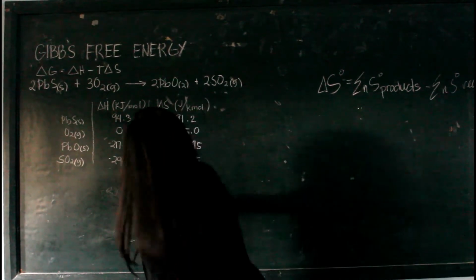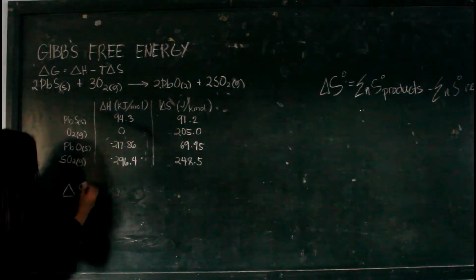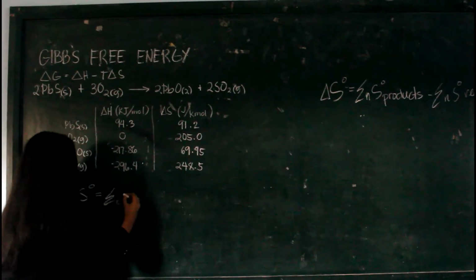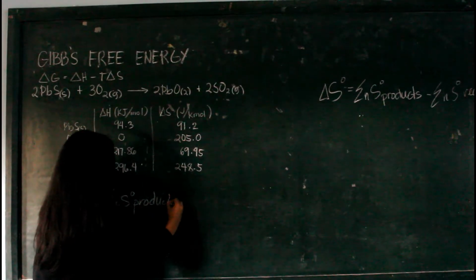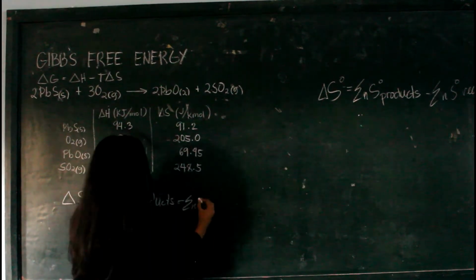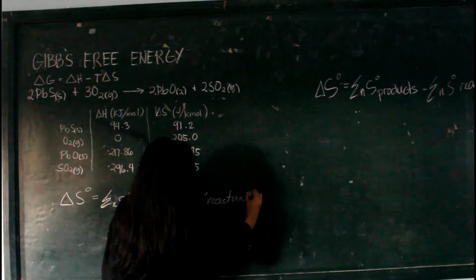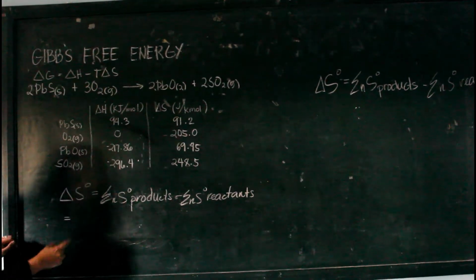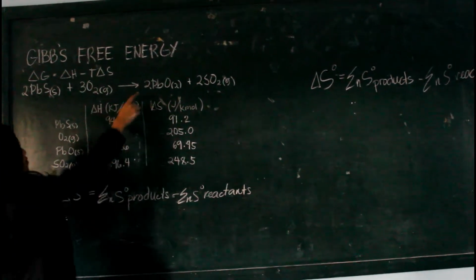entropy. So the equation for entropy is delta S is equal to the summation of the total number of moles times S of the product side, minus the summation of the total number of moles times S of the reactants. Which is equal to, so 2 moles